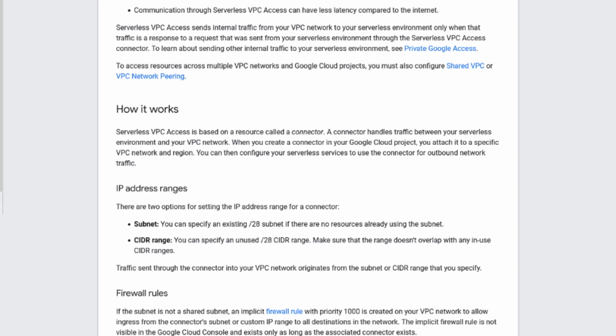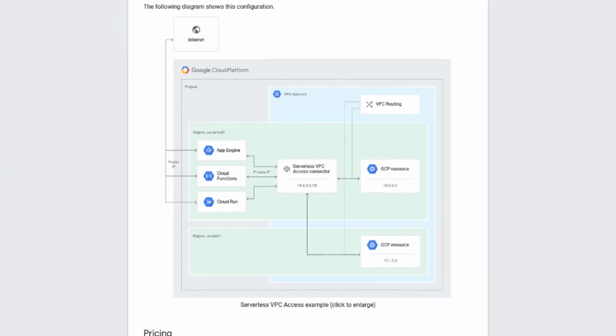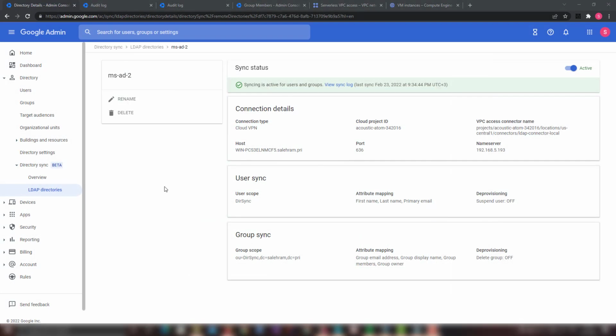Now, these VMs, of course, are totally managed by Google, and you don't have to worry about that. You need to worry, however, about the cost that is going to be associated with this. And if you need to use such a thing in your deployment or in your environment, then you still have some options and ways to optimize and control the cost in terms of how many resources are provisioned and the size of these resources and so on. I'm just going to stop here about GCP because again, if you let me keep talking, I'm not going to stop anyways. But then in the case of Google Workspace, it's going to be treated similar to